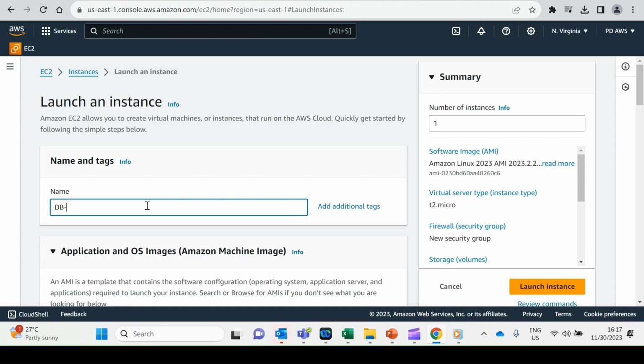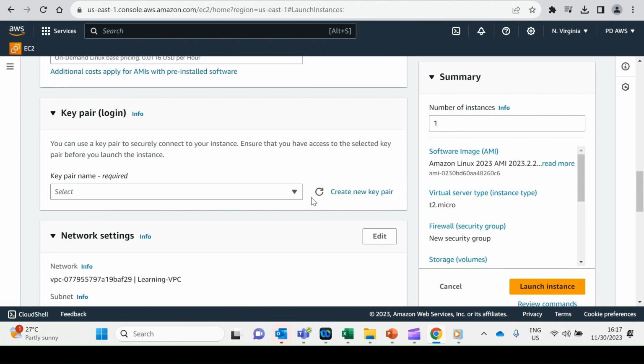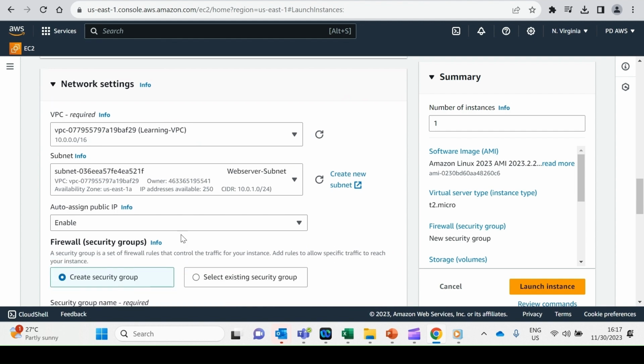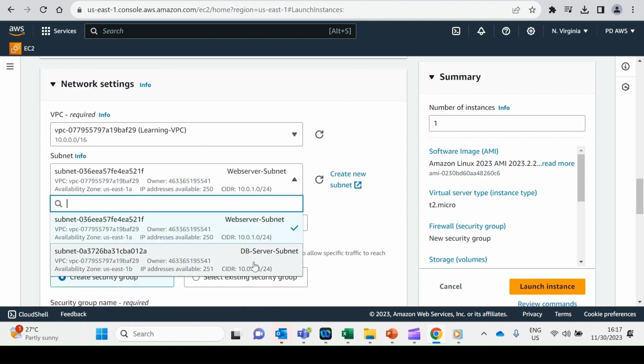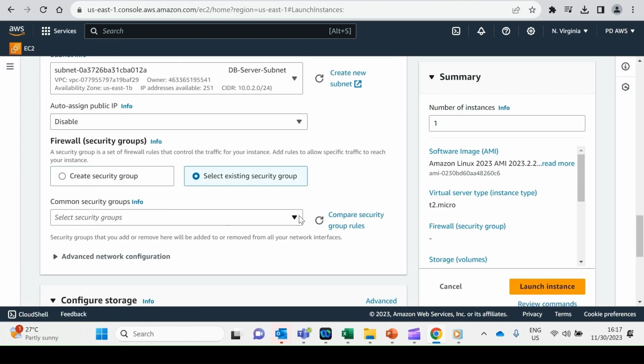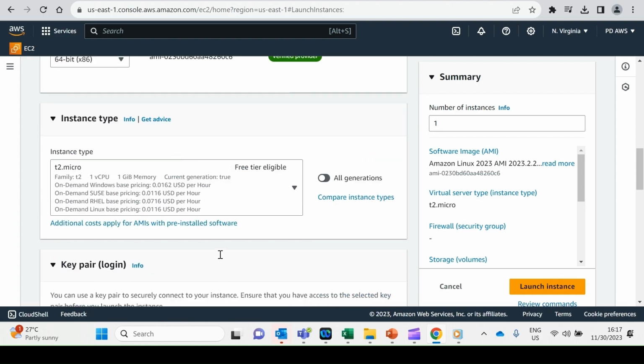Give this the name DB server EC2 instance, and again Linux AMI T2. We will use the existing key pair. Then this is also inside the learning VPC, but here the subnet should be our private one, that is the DB server subnet. We will use the existing security group that we have created for the other one. So first we will check the